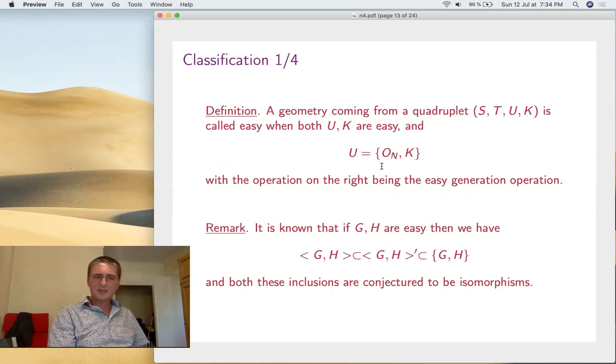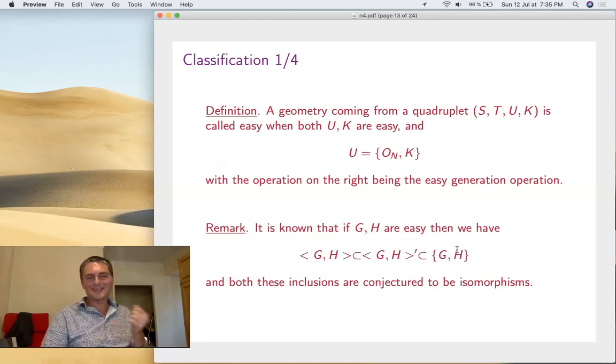So now the problem is that the generation property for easy quantum groups is not known yet, that the class of easy quantum groups is stable by generation. So the problem is that if you take two easy quantum groups, it's not known that it's easy, this thing, so it's contained in the so-called easy envelope, that is the smallest easy thing containing G and H. And also this easy thing, you don't really know that the category of partitions is the intersection of the categories